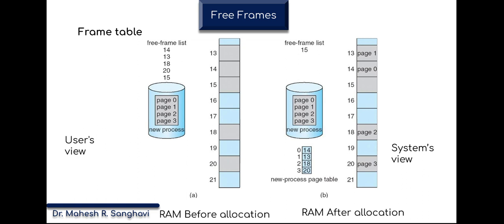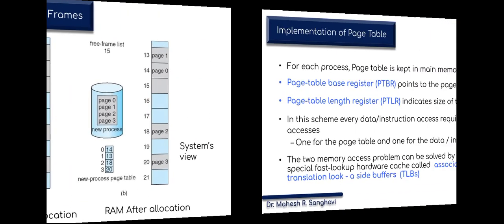For example, suppose this particular process is running, and the moment the job of this process is over, this process will get out of this memory, so this memory space will be free, and this free space will be taken care of by the free space management. That's the beauty.